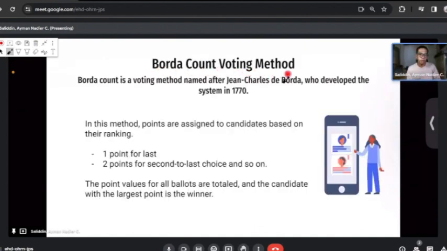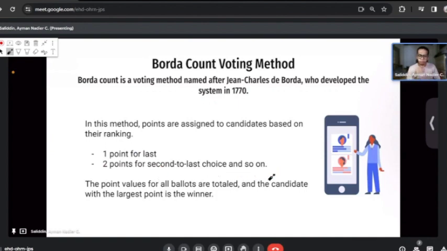Borda count is a voting method named after Jean-Charles de Borda, who developed the system in 1770. In this method, points are assigned to candidates based on their ranking. So this time, the main focus is on ranking and not on the majority. One point for the last choice, 2 points for the second to the last choice,